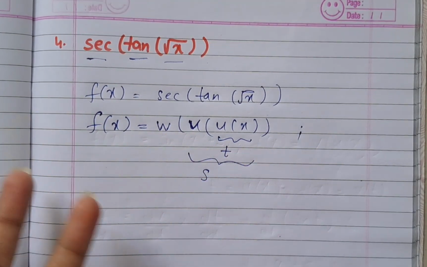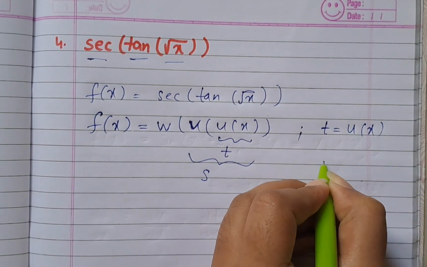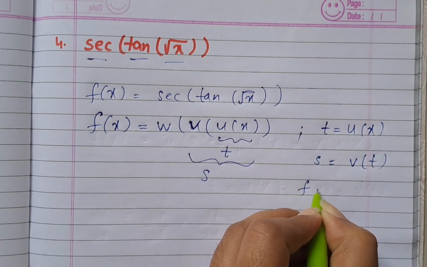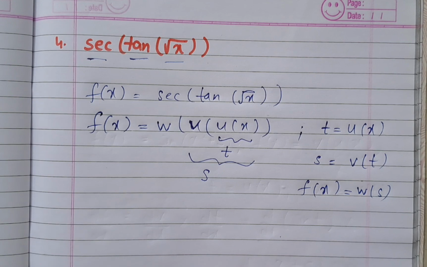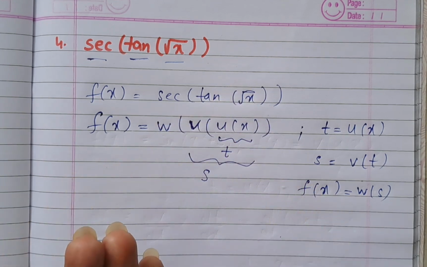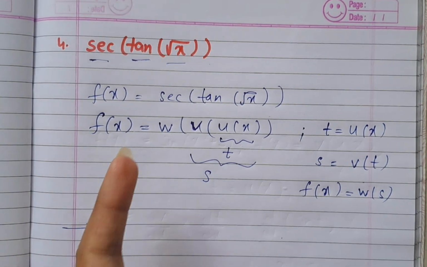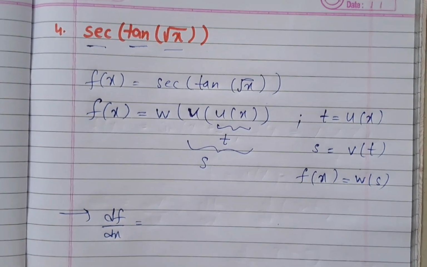So इससे हमने इसे सिंप्लीफाई किया, तो हम कैसे लिख सकते हैं? t is equals to u of x, then we can write s is equals to v of t, and then f of x is equals to w of s, like that. Okay, so it is much more simpler. Just two ही variables. Okay, so now since f of x is equals to this, then we can write df by dx is equals